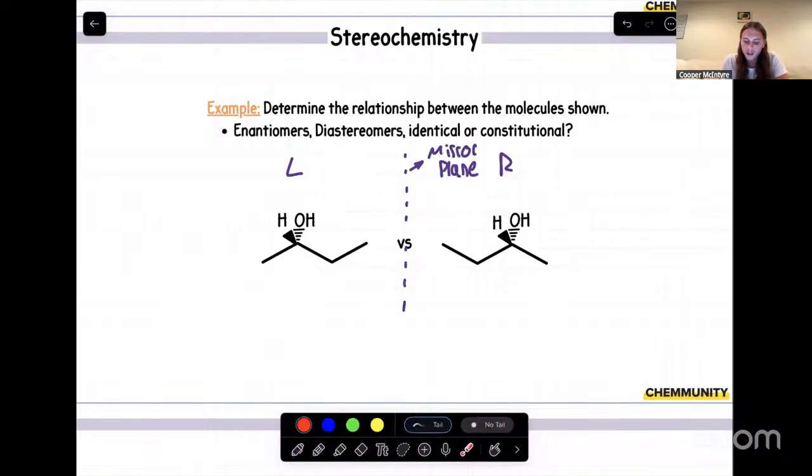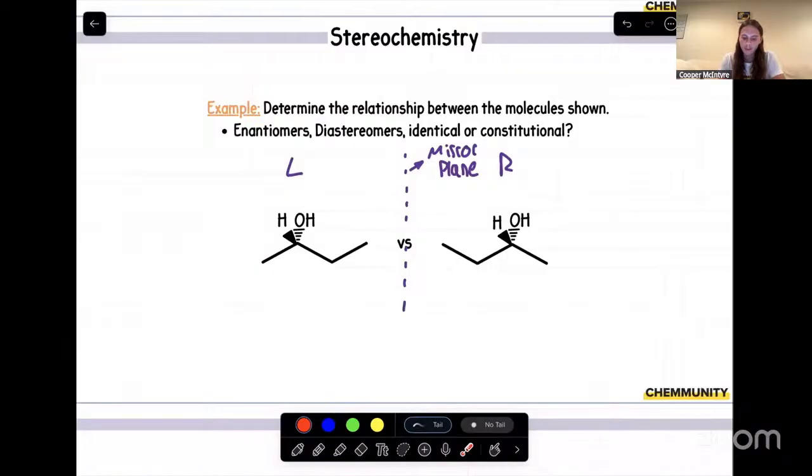Perfect. So for mirror images, just to recap, a common example is your left and your right hand. These are what are called enantiomers, where, yet again, they are mirror images because they are a perfect reflection of each other. Our pinkies are on the same side and our thumbs are on the same side. So that's a good example of what a mirror image is and how we'll be applying it to this concept.